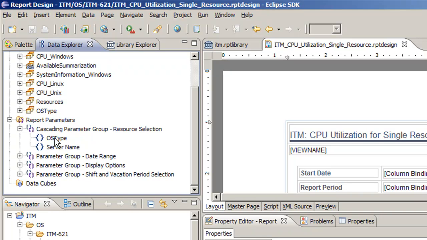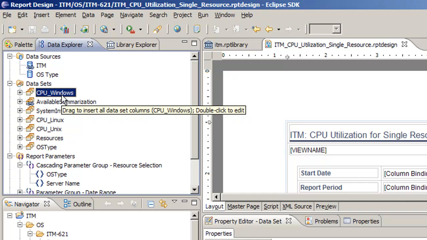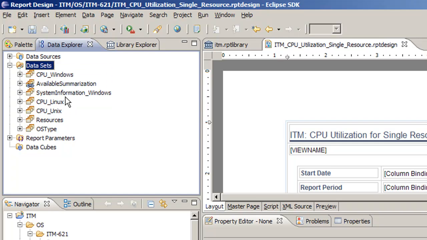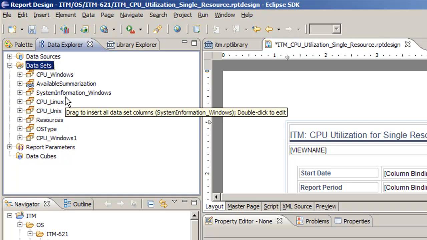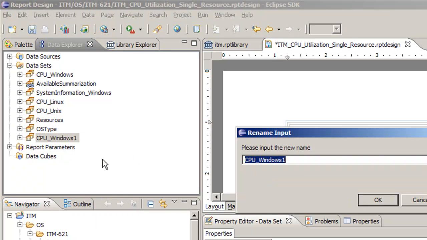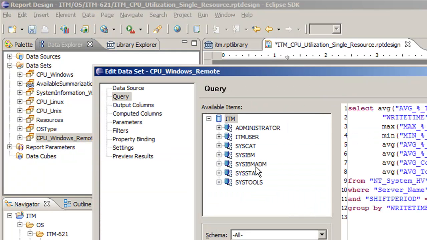So now we need to create a data set for pulling the data from that processor table for the Windows Remote agent. What I recommend doing is copying the existing Windows data set and pasting it. Sometimes you get these little errors inside of BERT where you need to close out. The best thing to do is close out the report and open it up again. Now that we've copied it, we can rename it. We're going to call it CPU Windows Remote. So now if we double click on it to edit it and look at the query,